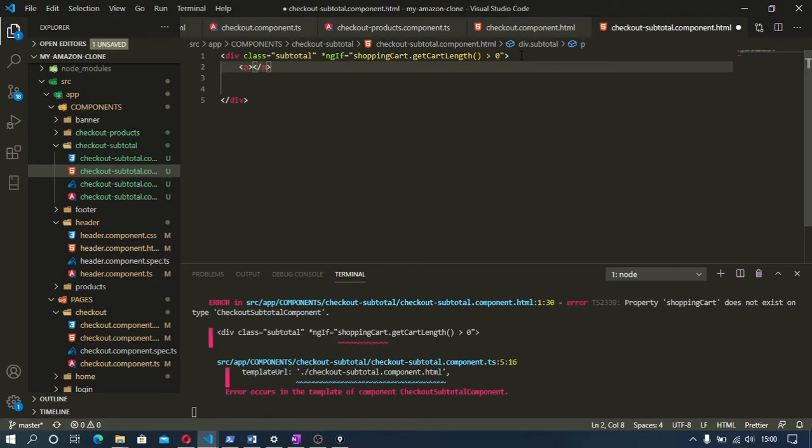Is greater than 0, then can I have a p class and say subtotal total is, let's put brackets,